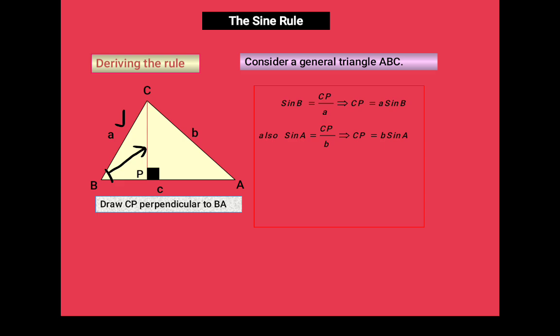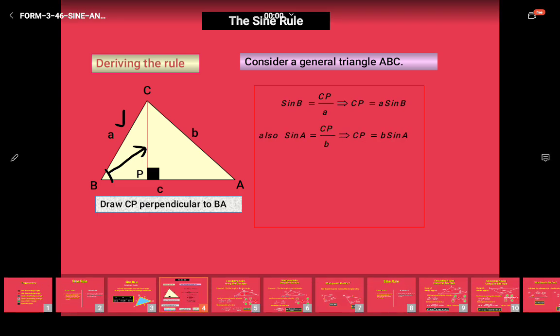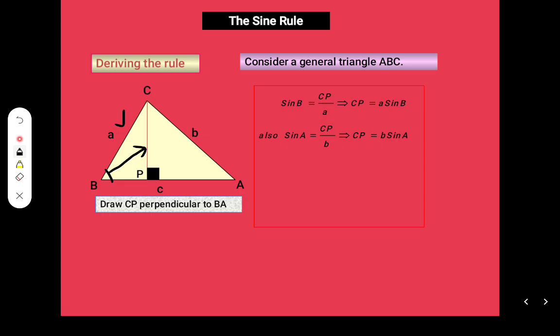Making CP the subject again gives us CP equal to B sine A. So since CP is equal to A sine B, and the same CP is equal to B sine A,